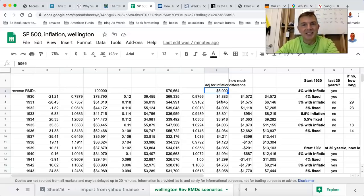All right, it's because our inflation number is what matters. We're not taking... how can I say this? Now, let's just keep going. I hope it'll make sense. But this is how much we needed to take from the Wellington, 5% a year adjusted with inflation,